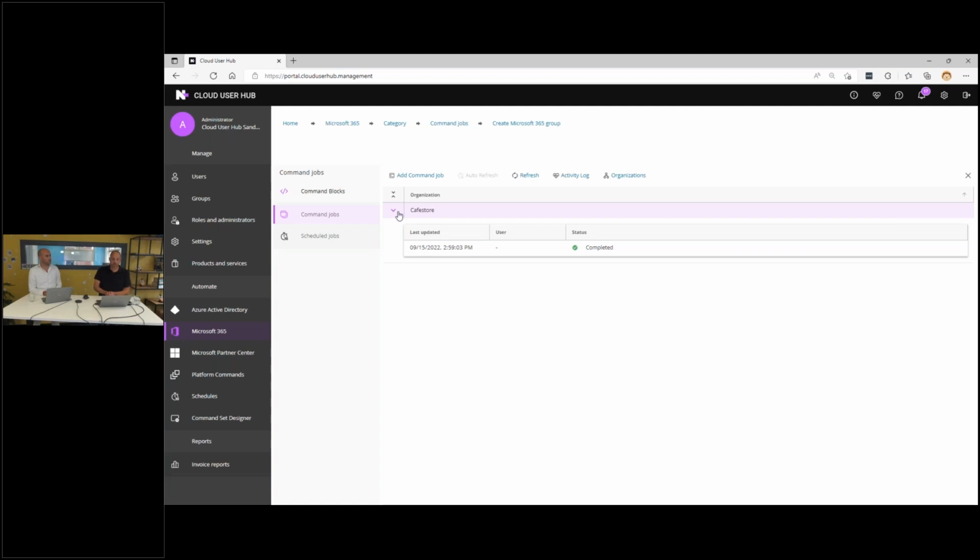Now that makes it powerful because you don't have to write the PowerShell script. You don't have to know anything about the APIs. You can just use the command blocks as such. But the nice thing about a command block is that we standardize the in and output. Just keep that in mind for what I'm going to show you, because that's an important thing.